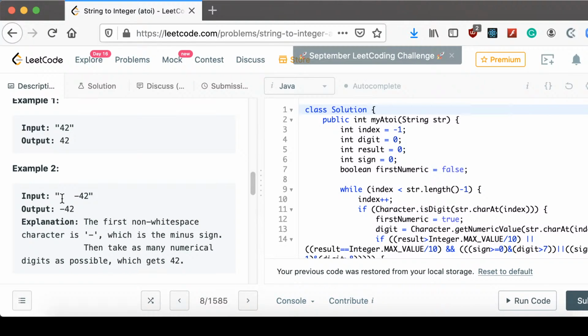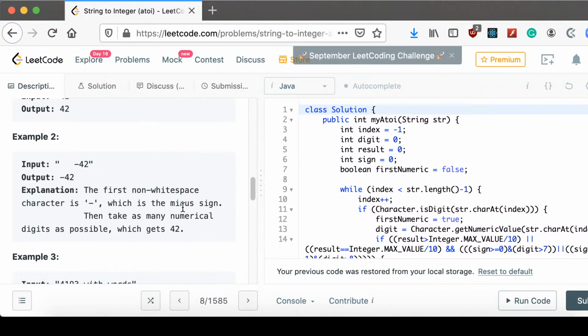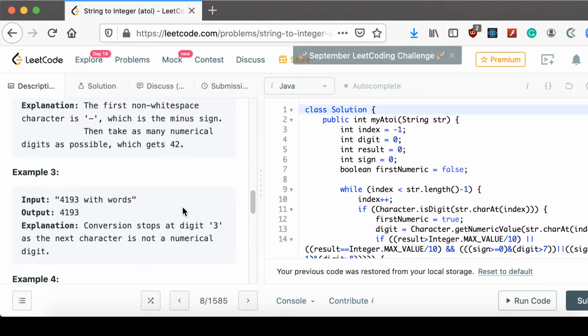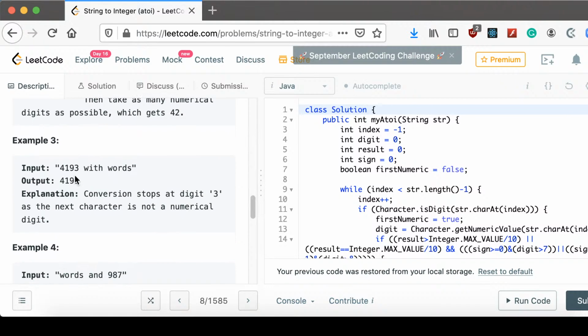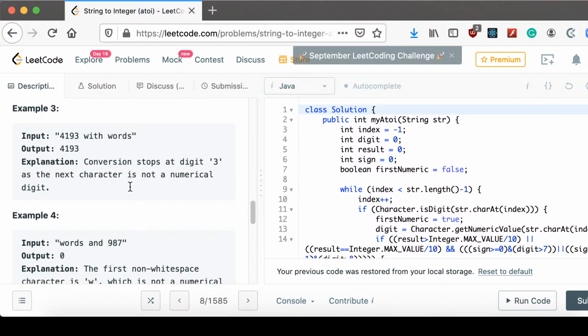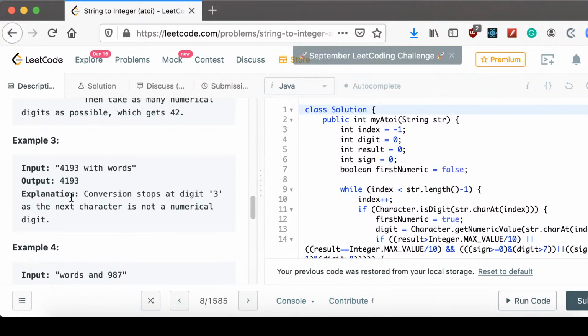For example, it can have many white spaces before the sign character and the numeral character, and then there may be many other alphabet characters from A to Z, and so all these